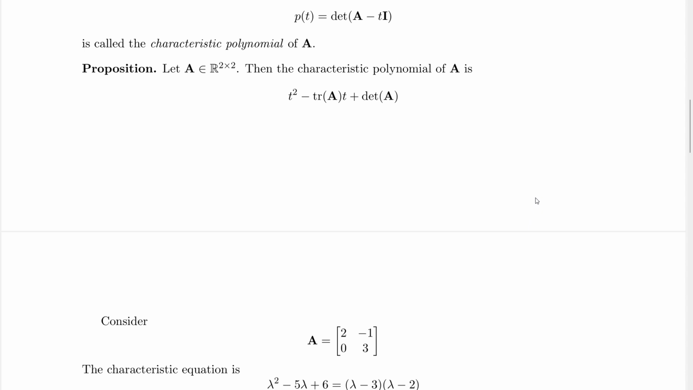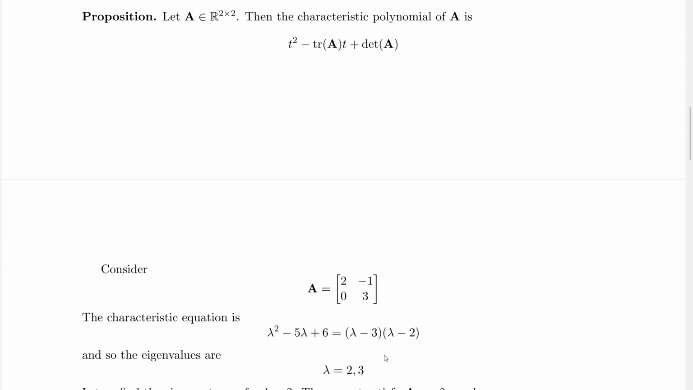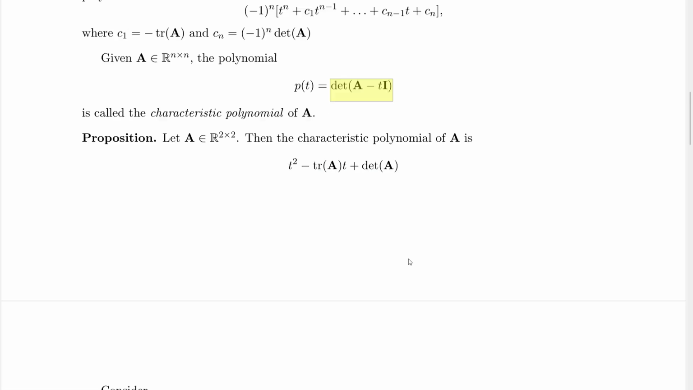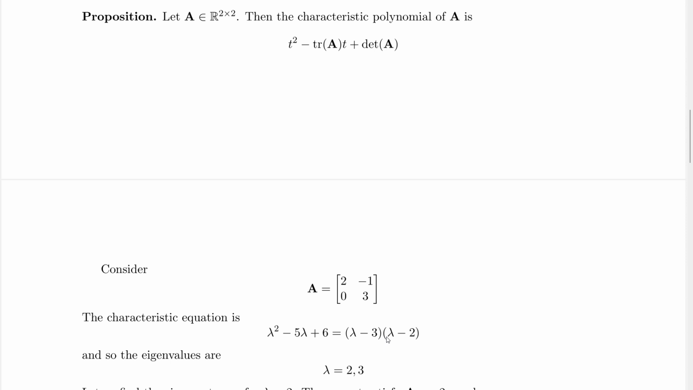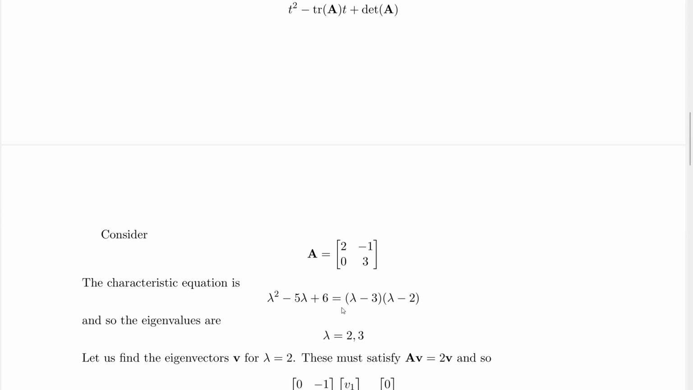All right, so here's an example, 2, negative 1, 0, 3. Now by our formula here, we just take the trace and the determinant of the matrix and set it up and factor it, and we're good. Note that, again, if you wanted to, you could also directly compute the formula for the polynomial by subtracting t off the diagonal and taking the determinant, and you'll arrive at the same sort of formula. All right, nice. So the eigenvalues now we know are 2 and 3,